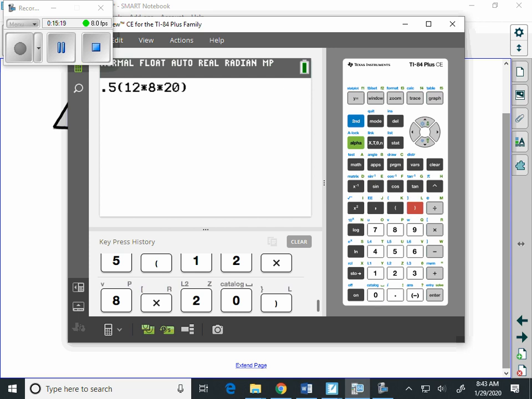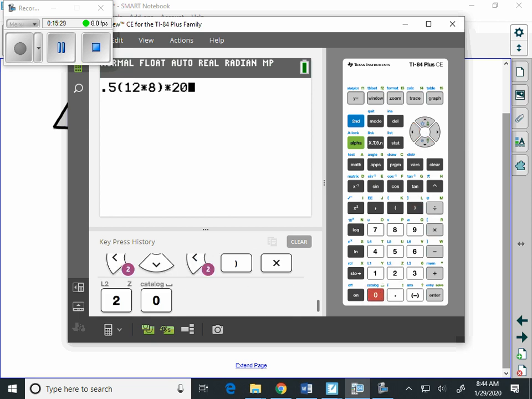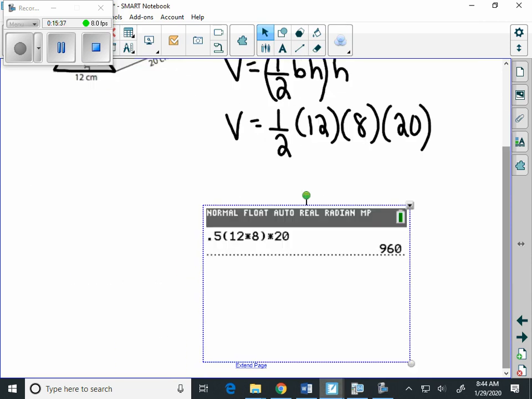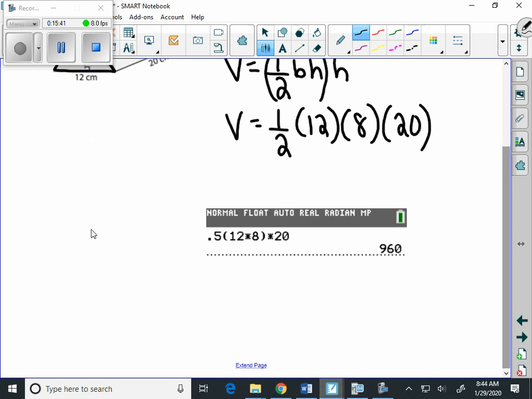I didn't really need the parentheses, but actually I can go back and do it the way that we had it on our paper. Times 20. There we go. I think that's right. And enter. And that gives us our value here, which is that our volume is 960